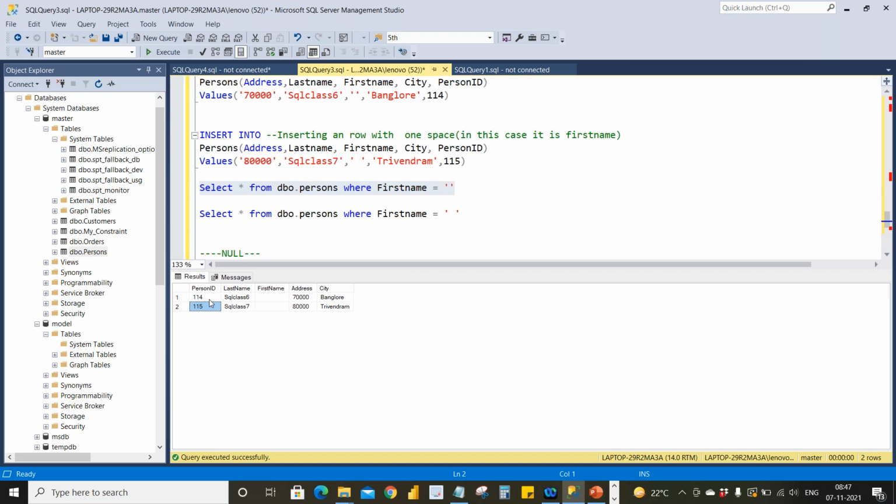But in practical, it all depends on the configurations, how developers or the admins do it. In our case, both will be right in this context, but in the practical way, it will not be right when you are executing this with one space. This 114 will not come into the picture. Okay, understood?